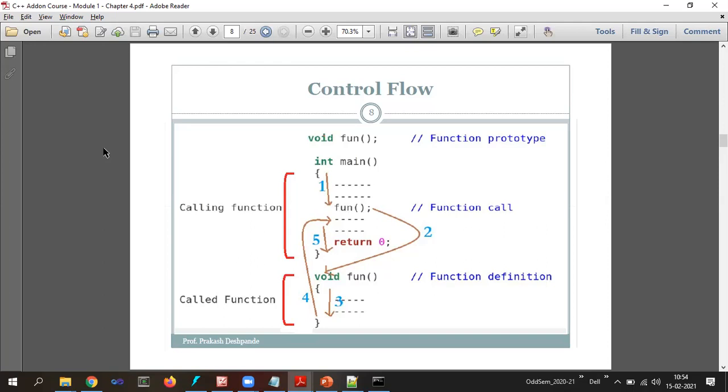Yes. What if we don't use the prototype? Okay. Any other questions? Okay. Now, what if we don't use this function prototype? In C programming, the compiler will assume, pay attention, if we don't specify